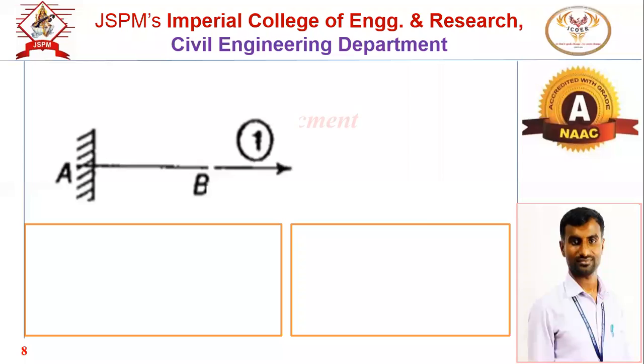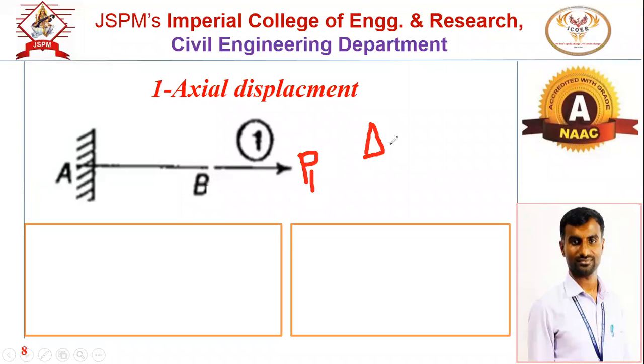So first it will be the axial displacement. Okay, now here, at point B we have applied the axial load. One bar is there, and on that particular bar the axial load is applied, and suppose that axial load is P1. If the axial load P1 is applied, then what about the elongation? What is the elongation formula? If the member is prismatic and subjected to the axial load, what is the formula for its elongation or axial displacement?